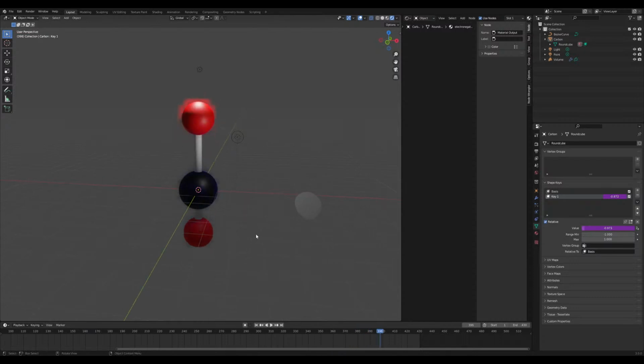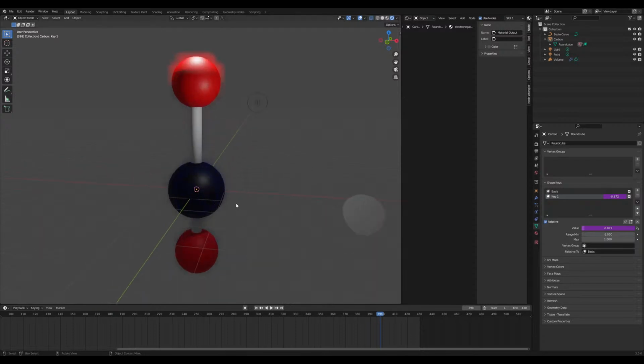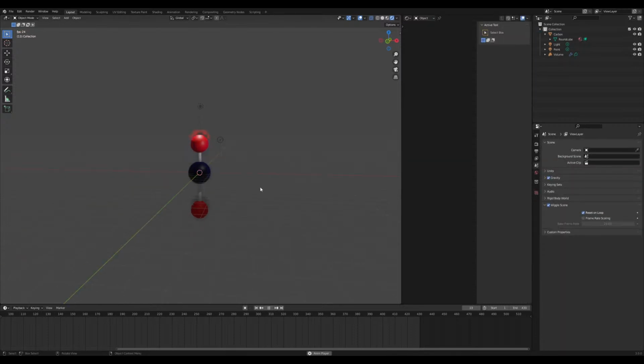If this vibration is... in most molecules, there exists